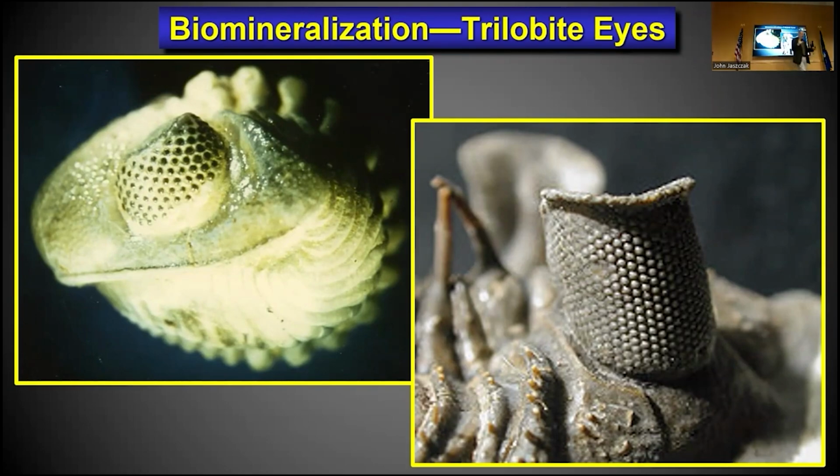The shell is calcite. But the original trilobite eyes, those little lenses looking at you, originally were made of calcite, CaCO3. And they were single crystals of calcite with the C-axis pointing out at you. So if you can imagine, every one of those eyes was a calcite crystal with a C-axis. But there's a problem, because calcite makes a terrible lens. Red light and blue light bend differently. So everything is out of focus.